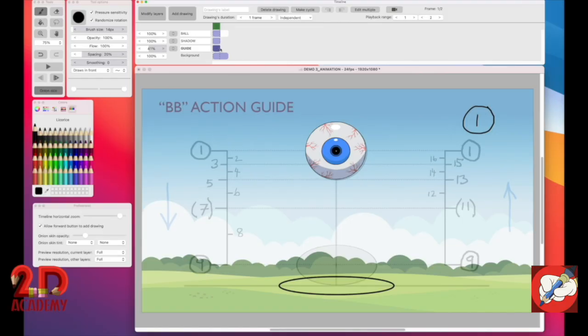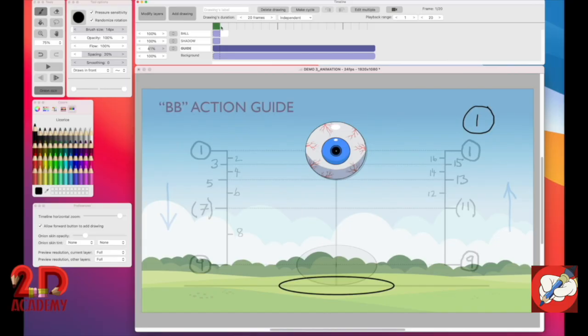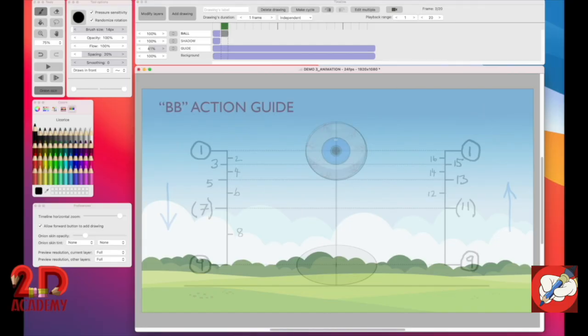So you'll see this little stretch arrow here. I'm going to drag it all the way along with the background, to any distance. We can adjust it later, but what it now means is if we move from frame 1 to frame 2, it doesn't go away. All right, so now I'm going to select frame 2 of the ball,